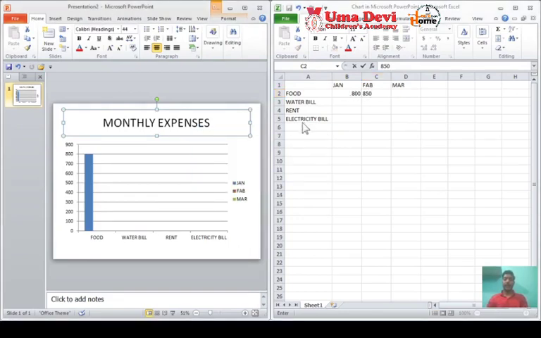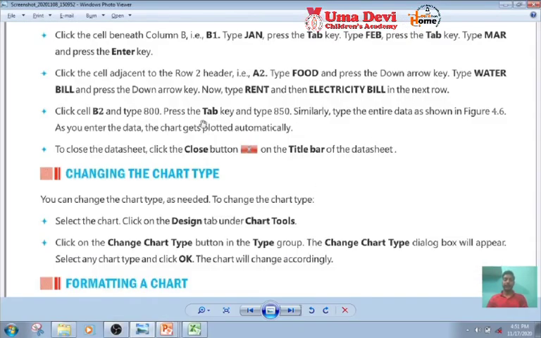Now it is saying that similarly we have to type the entire data as shown in figure 4.6. As we will enter the data, the chart will get plotted automatically. To close the data sheet we will click on the close button on the title bar of data sheet. So now we will move to figure 4.6 and we will type the entire data.